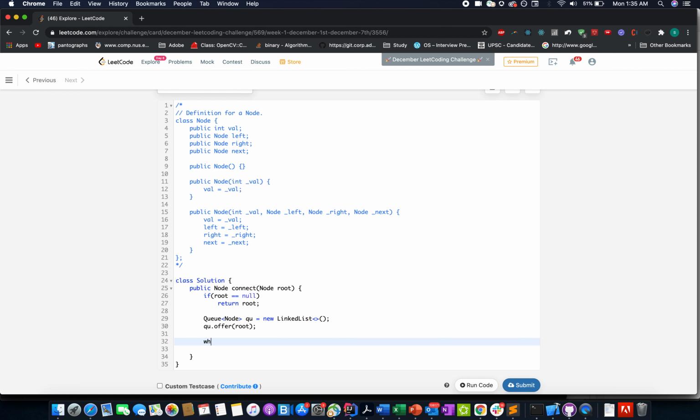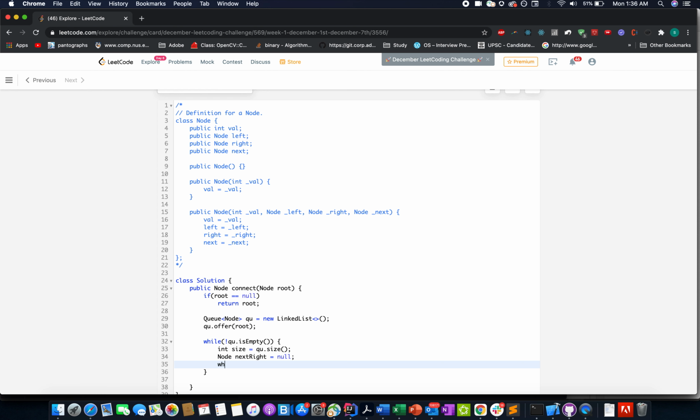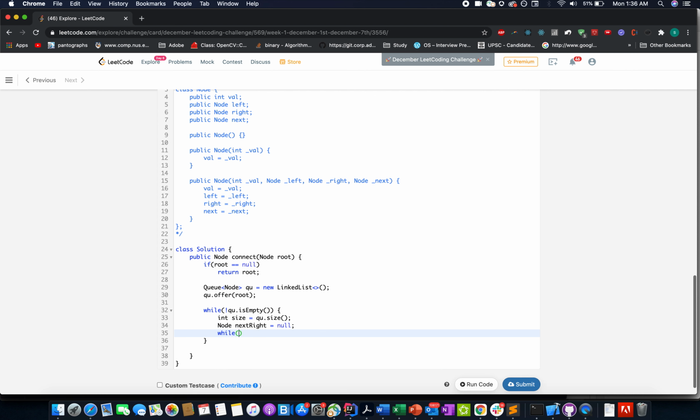Now let's move ahead in the BFS traversal. While q is not empty, let's calculate the size for maintaining the level. Q dot size. Also, we'll need to keep track of the next right elements. So node nextRight equals null, which will always get reset whenever there is a level change.